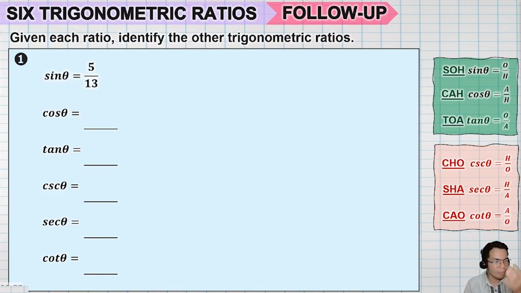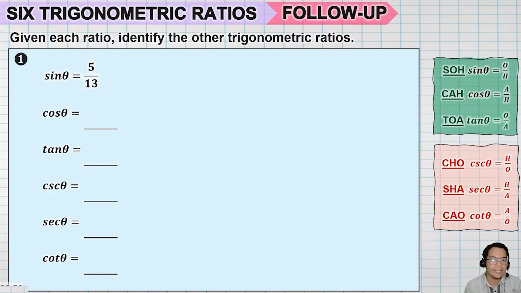But this is somehow different from the examples that we used to answer based on our performance task number 5, because in this given example, wala tayong given right triangle. But we can use the given trigonometric ratio to identify the rest of the trigonometric ratios. But how? Una, ganito. Ang given natin ay sine theta is equal to 5 over 13, for example, number